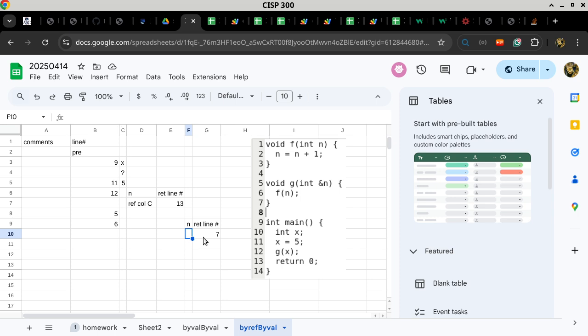So we have two choices. We can either write down a 5 or we can write down reference to column C. Which way should it be? 5, that is correct. Okay, because when we evaluate this expression n on line 6, it is saying, okay, go